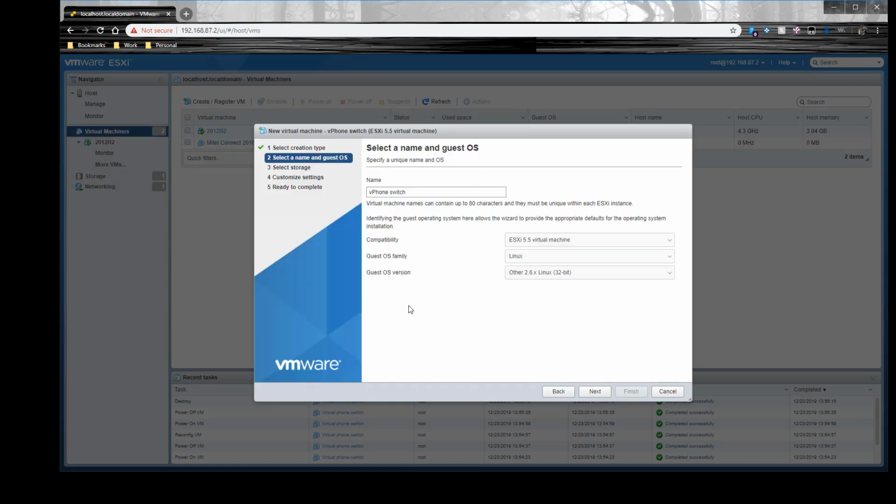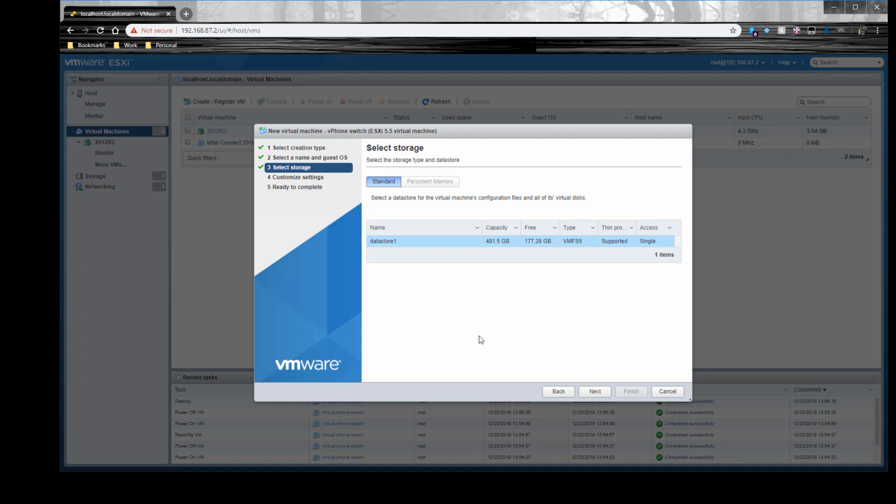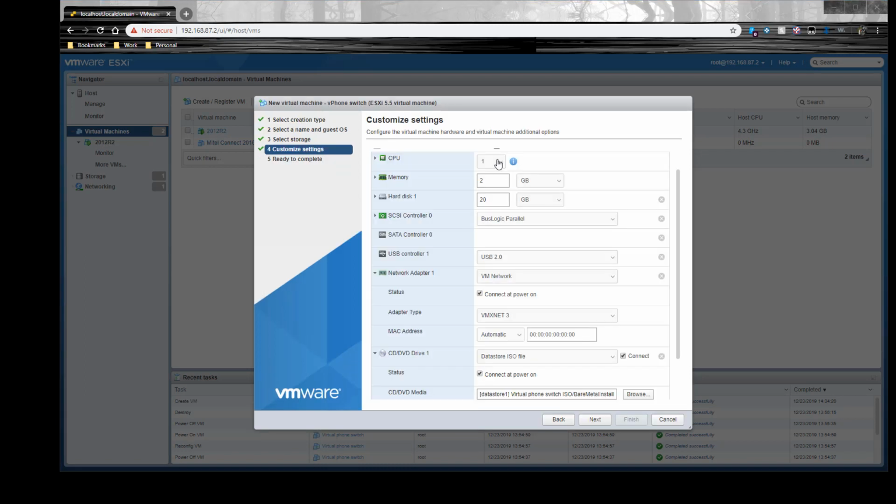Now create a new virtual machine. For compatibility, select ESXi 5.5. Guest OS family is Linux. Guest OS version is Other 2.6 Linux 32-bit. Select your datastore. Here we will go with 1 CPU, 2 gigs of RAM, 20 gigs of hard drive space,